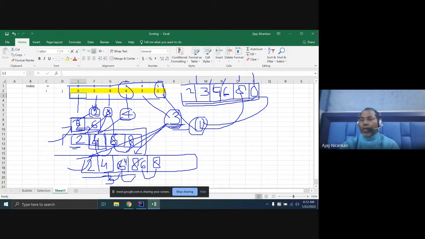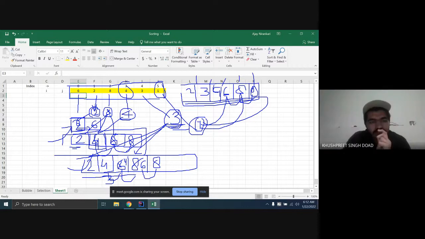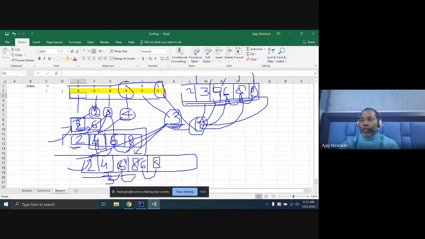Okay, no, it is greater than. Just move here. Okay, just place here. Again check the next element. Yeah, still greater than. Just move to here. Check again here? Still greater than. Move here. Check here? Yes, still greater than. Move here. Check 2? Still greater than 2. Still move here.